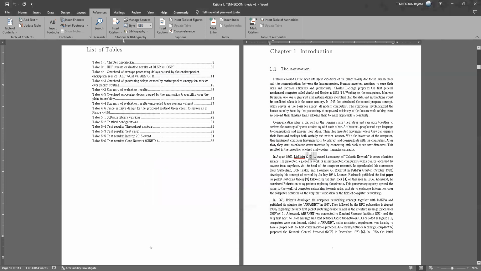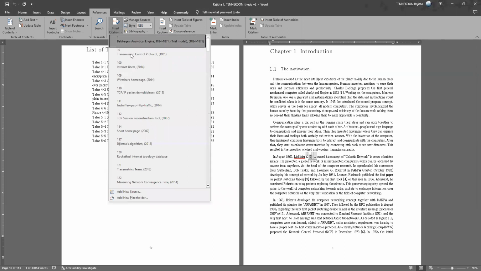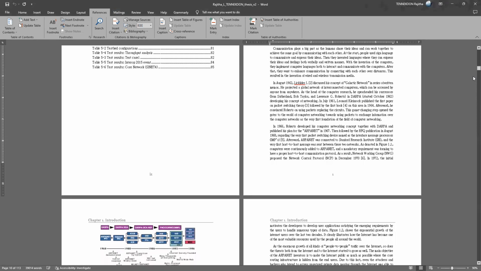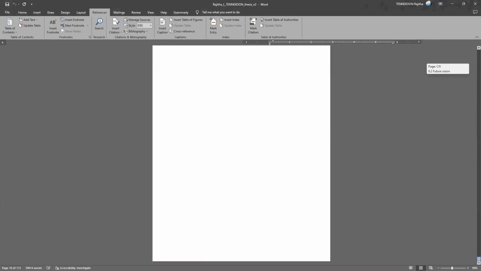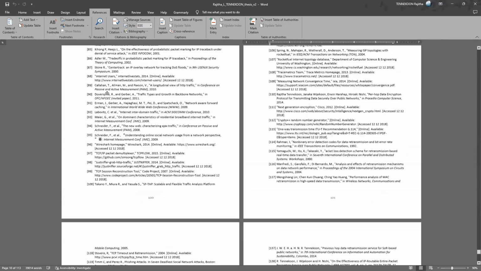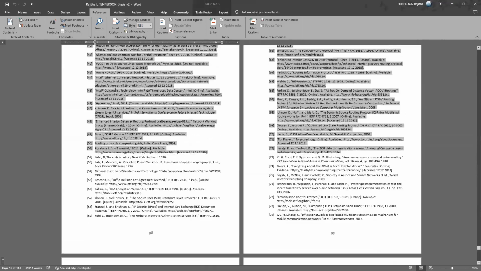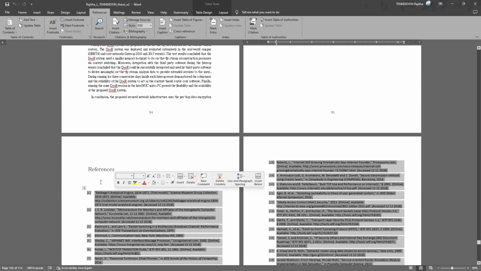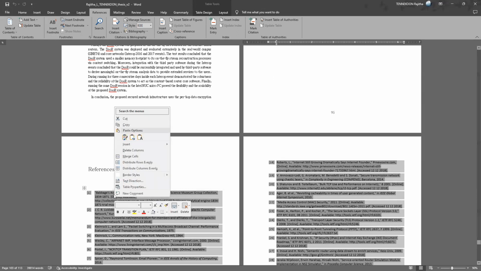When you are adding a reference, you can select here and add it. While writing the document, if you want to add another reference before an existing one, you only need to place the placeholder, and all the numbering in the final reference page will be generated automatically. So what you need to do is add the reference, automatically generate a reference table here, then right click and update it. That's it.